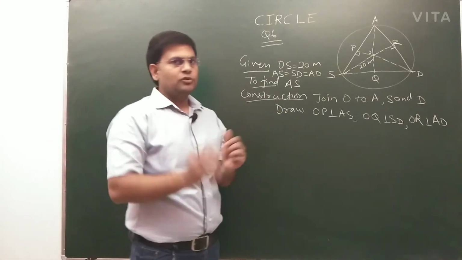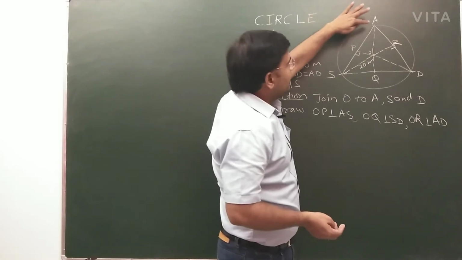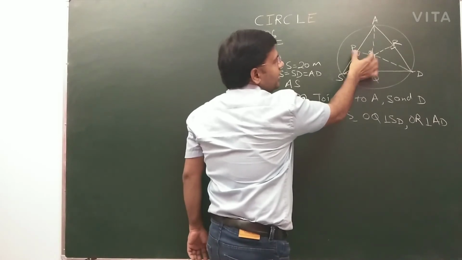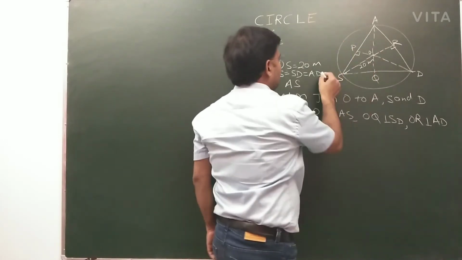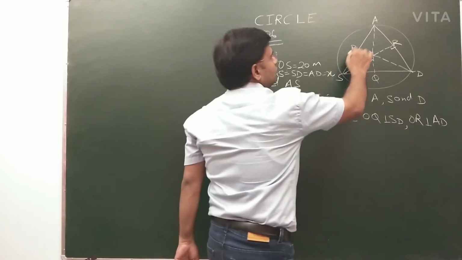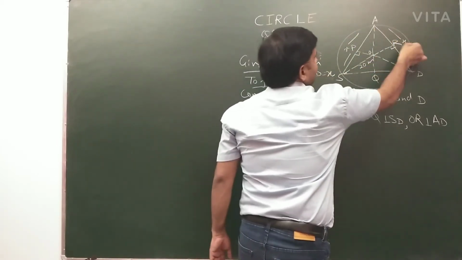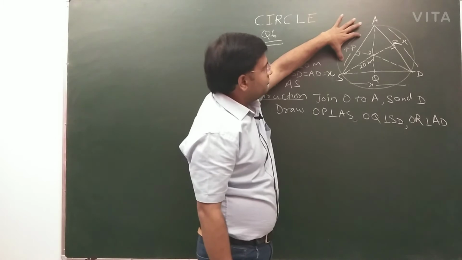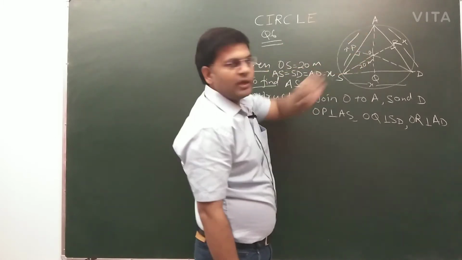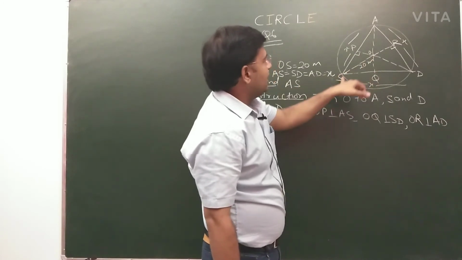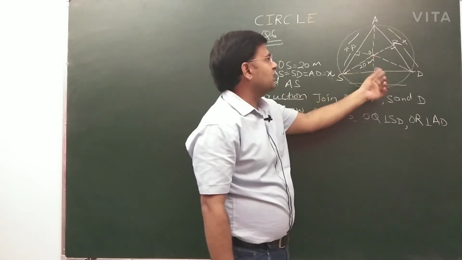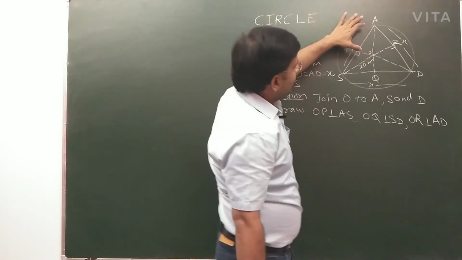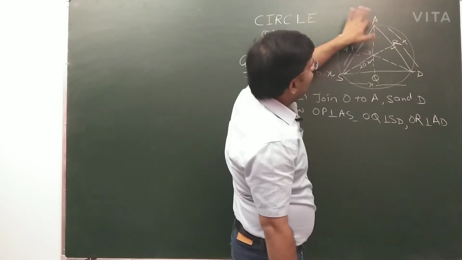I am just briefing you in short that the area of triangle AOS can be found, as we have this height and this as base. So assume all sides are x. So this is x, this is x. All sides are equal to x. So the area of AOS will be 1 by 2 x into OP, and similarly the area of SOD is 1 by 2 SD into OQ, and this OR, and this is 1 by 2 OR into AD.